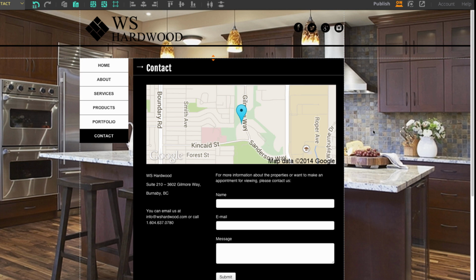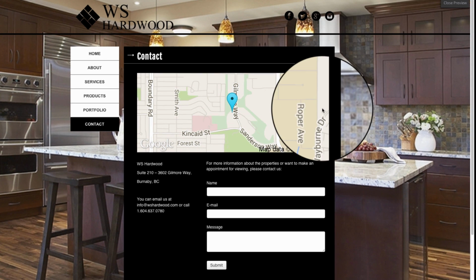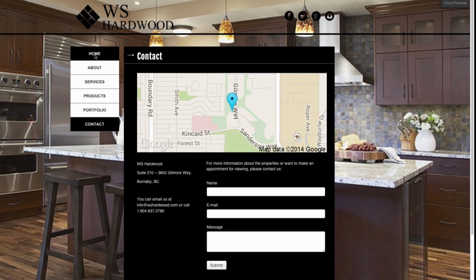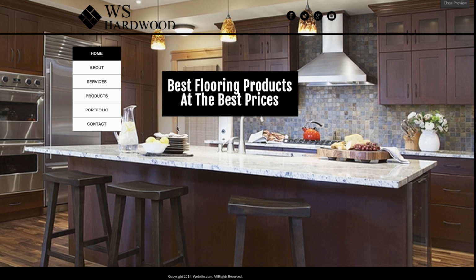So now we can head to preview mode, and I'll just show you what it looks like to navigate through this website. So to do that, head up here and select Preview Your Site. So I'll go to the home page first. You can see here, as you remember, we edited this home page,